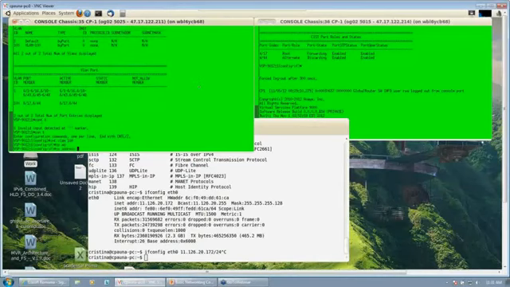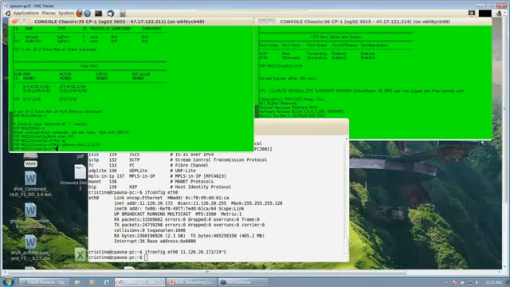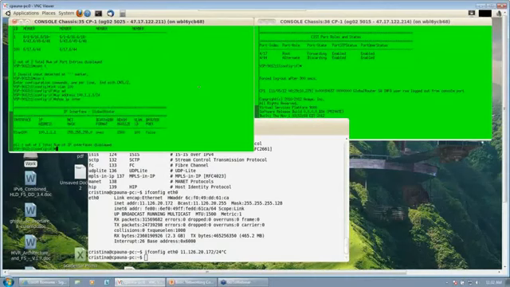IP address, let's say 100.1.1.1 on 24 bits. This is the mask of the subnet. It means we're using 24 bits for mask and only 8 bits for host. I will show IP interface. And here I see that on VLAN 100 I have the configured IP.